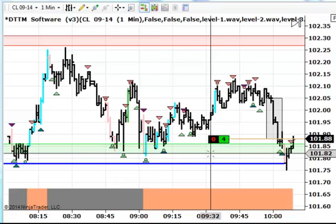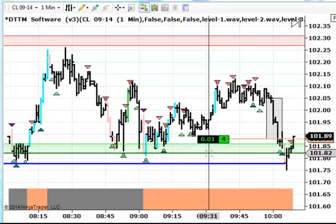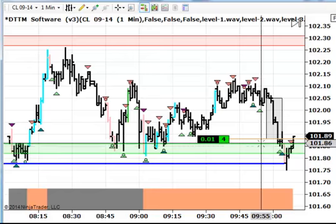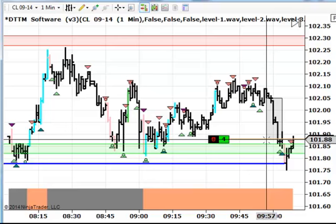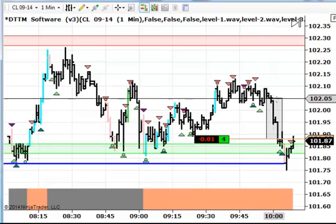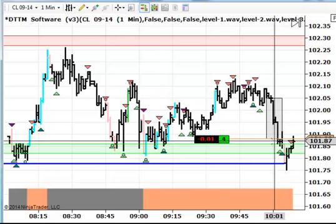Okay, this is Dave Johnson with Day Trade the Markets, and we are looking at the September contract for the live crude. I have manually placed this blue line along the bottom. This is the low that had been formed earlier in the day, and one of the things we just had